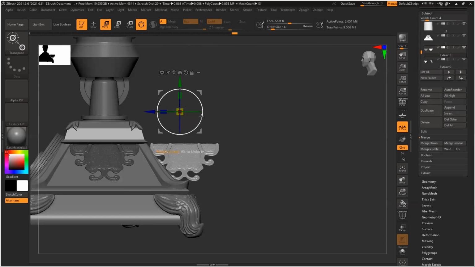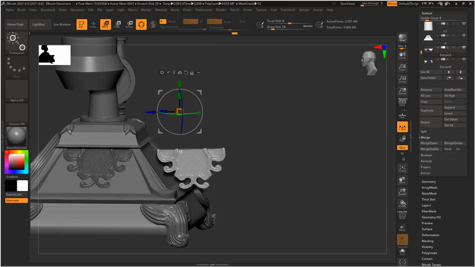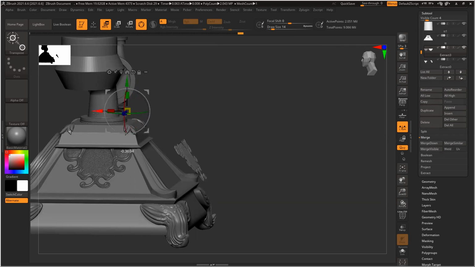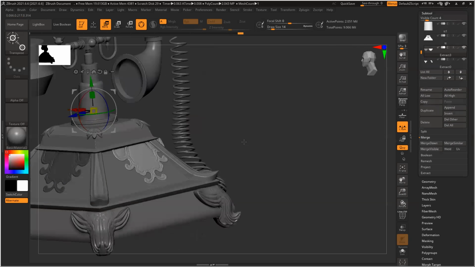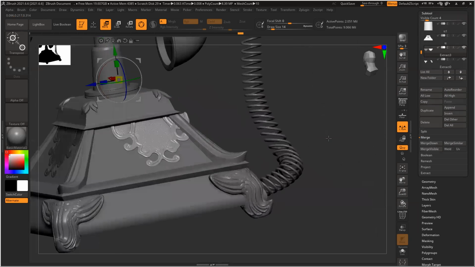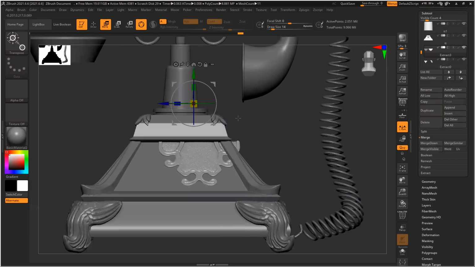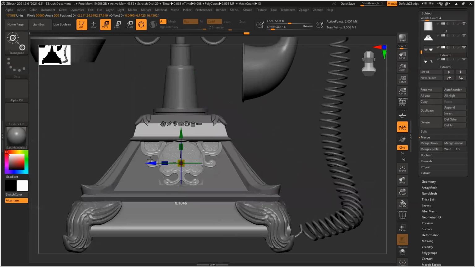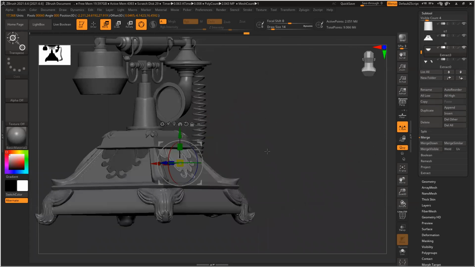And rotation 90 degrees, and place it. The only thing you have to do is alignment. Align it nicely. So my alignment is ready.